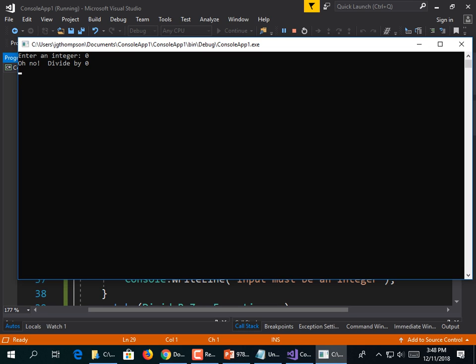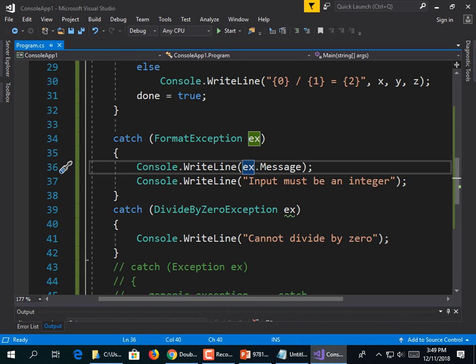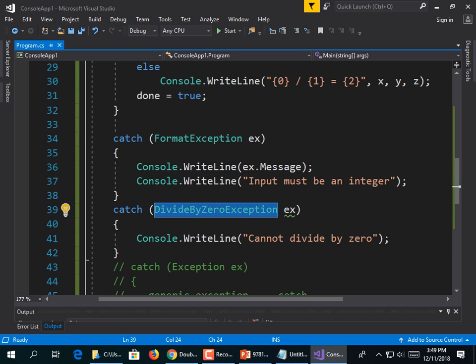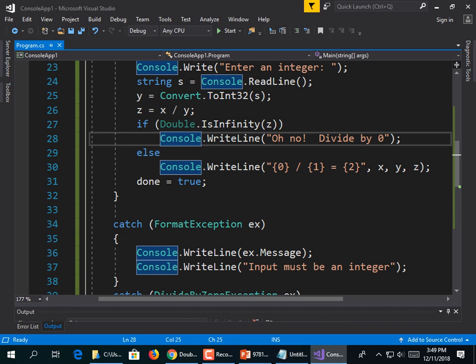So, we thought we were being clever. We thought that we handled the error correctly, but we did not because it didn't loop, right? We wanted to jump to the divide by 0 exception. Let's see if we can throw that. Instead of printing out, oh no, divide by 0,